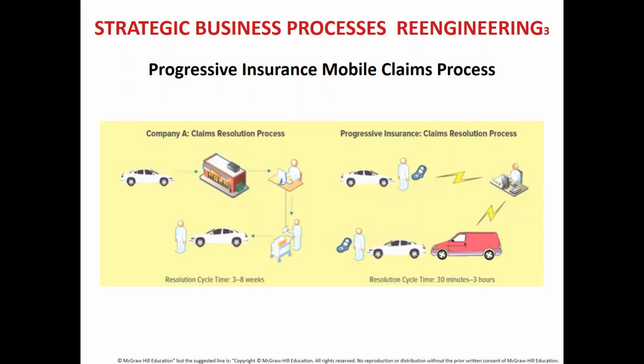Now, the new process that they have taken, I have seen this with Sun Insurance. I do not know about the other companies, but Sun Insurance has done something like this. If your car has an accident, you can take a photograph and very quickly send it to them using their online platform. In the online platform, they have the form and everything. In the form, if you're not able to recognize the insurance policy number, if you just put in your car registration number, they'll be able to track it for you.